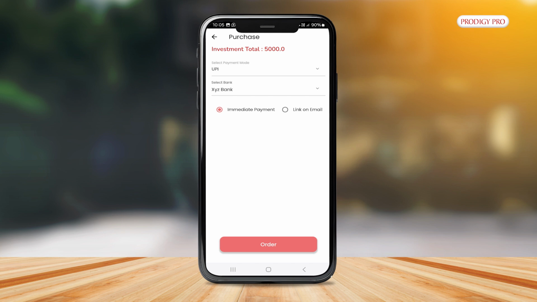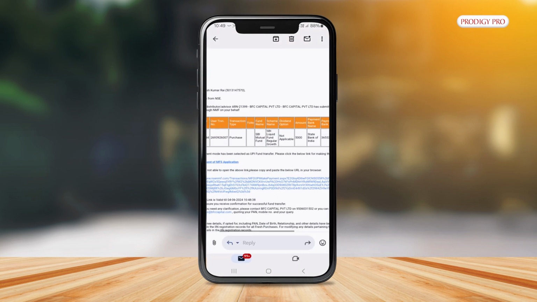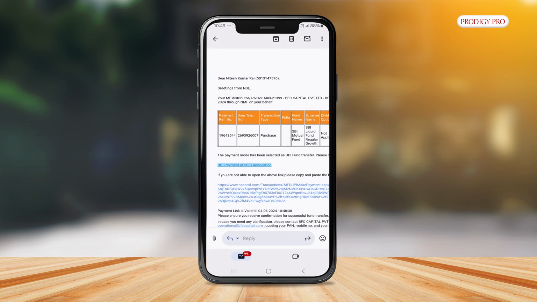Now, if you select link on email option, then you will get a payment request mail to complete the transaction,